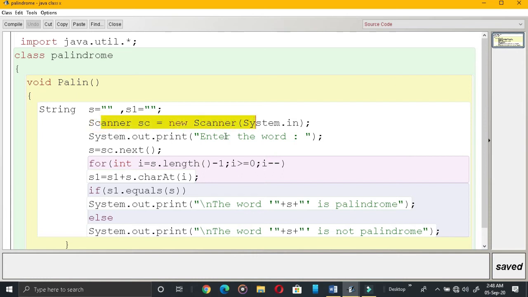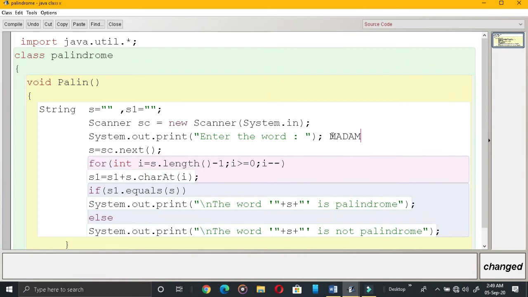Scanner object, the message, enter the words. You are entering a word only, that's why sc.next. You have received your word. Now the loop is running. Suppose it is madam, M-A-D-A-M.